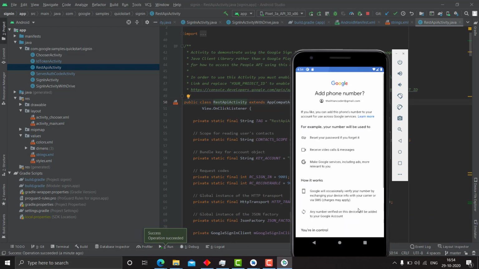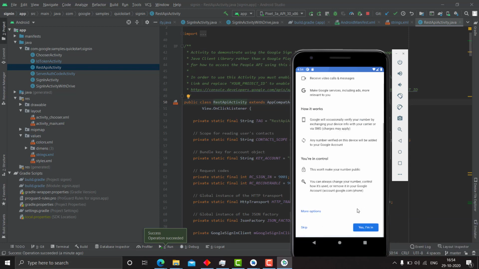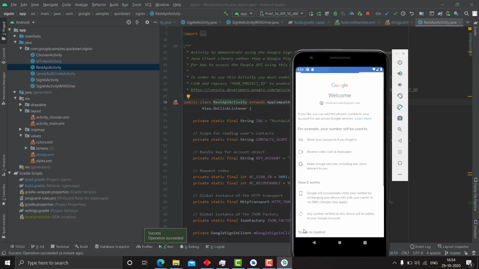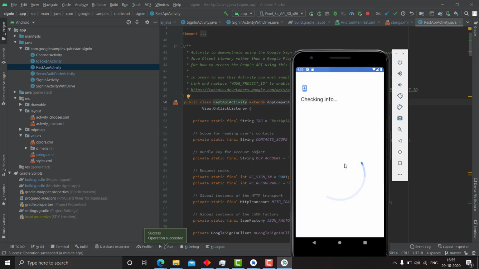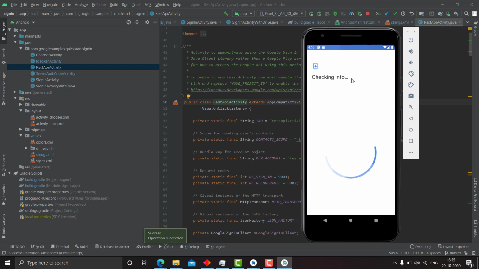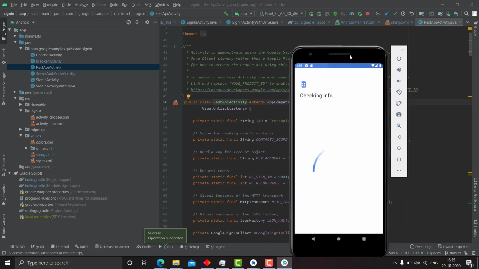So I've entered my password, so now I will skip this step. I agree. It gave a notification on my phone saying new user signed in. It's configuring, as if you're adding a Google account to a new phone. So just let it happen for a while.